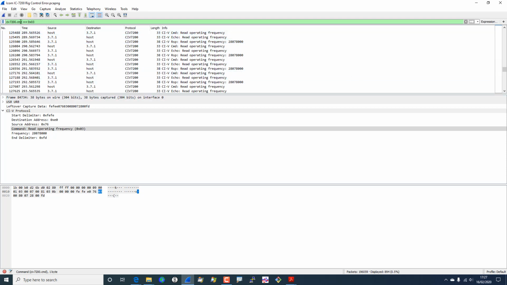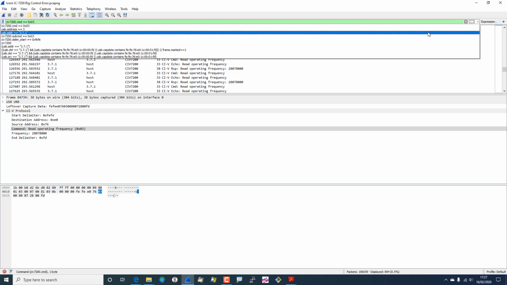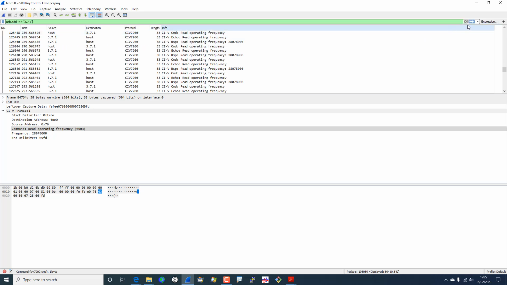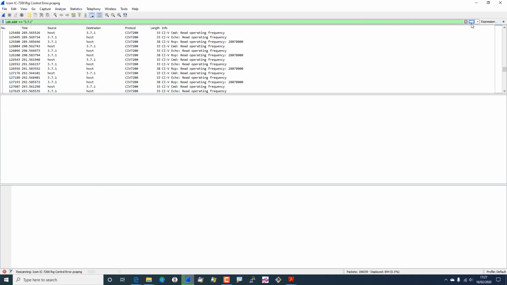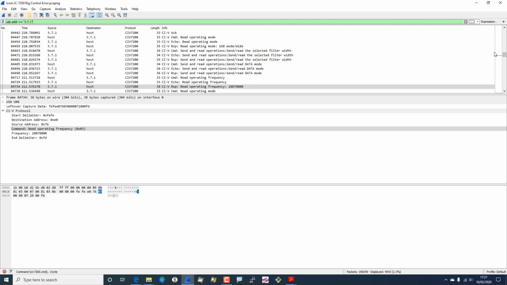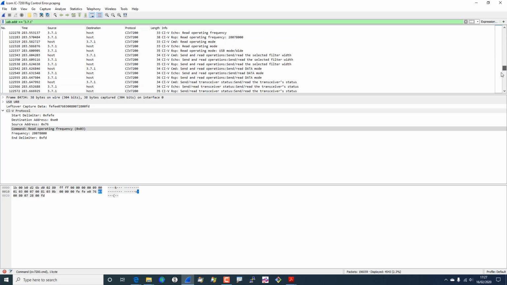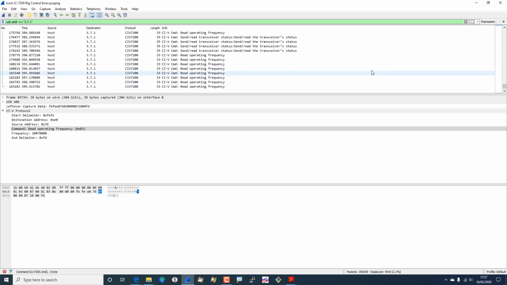Okay, so let's clear that filter and just go back to the filter for the device. Now if you remember, what happened was towards the end it just seemed to stop working, and the little cat logo went amber, and then it threw the error. So if I come all the way down here to the bottom, we'll start to see what happened around the